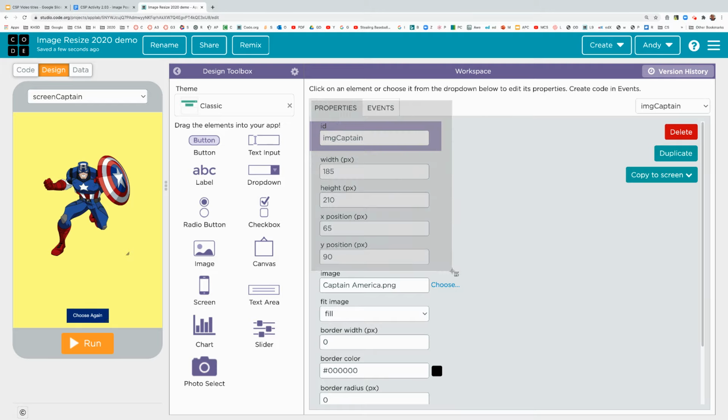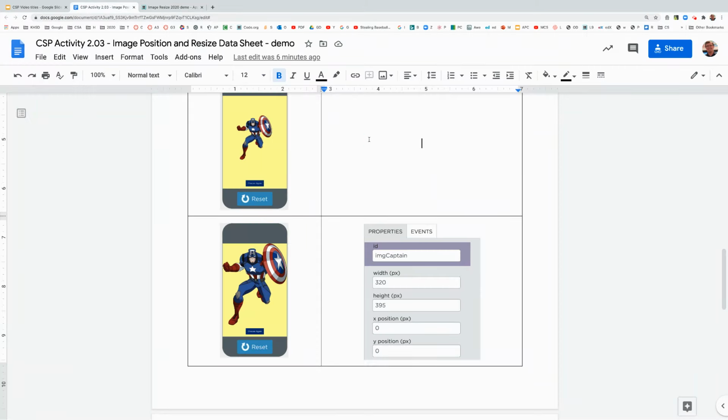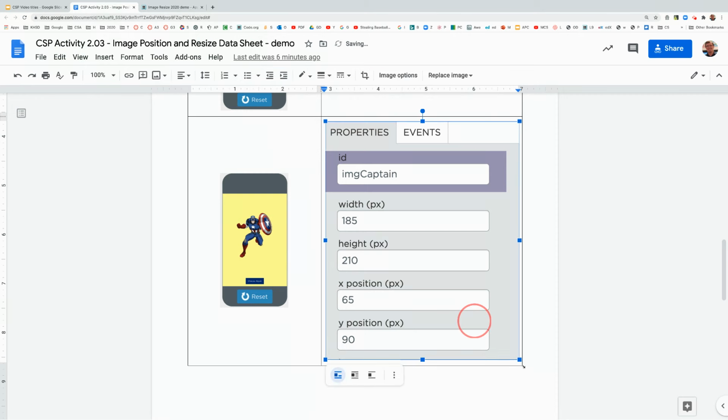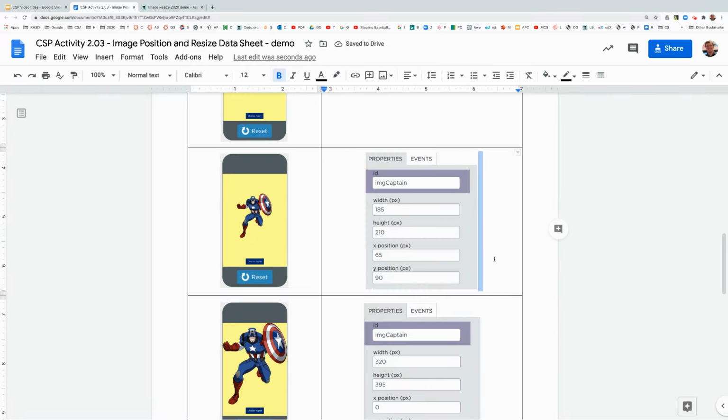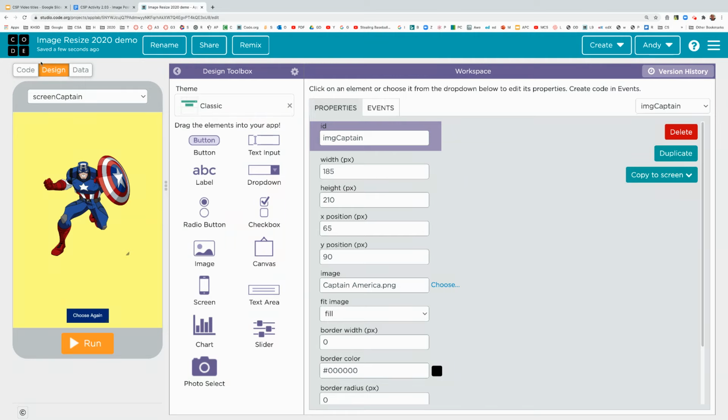So I'm going to get the 4 quantities and paste it for medium. Okay, and that is too big, so I'm going to shrink the corners down just so that fits on one page. And then I'm going to code this. So remember, X and Y goes first, 65, 90. So I'm going to code,